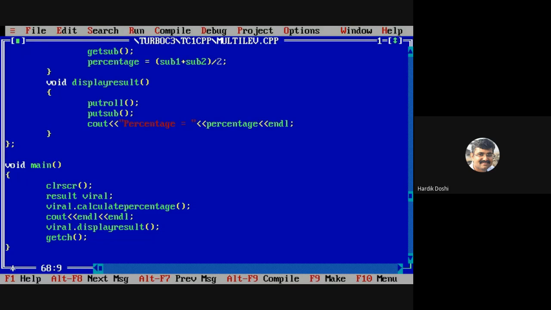what change is to be done, where the change is required? Can I say in the result class only the formula changes? Do I need to touch the test class? Do I need to modify student class? This is the way of code that I will strictly tell to my developer who has developed result class. I will not concern any other team member. Say for example, result class is developed by Abdel. I call Abdel, come to me and just change this formula and whatever our result will be displayed.